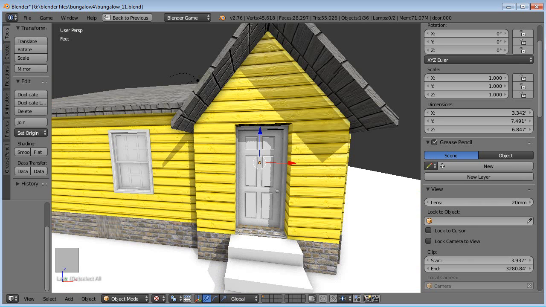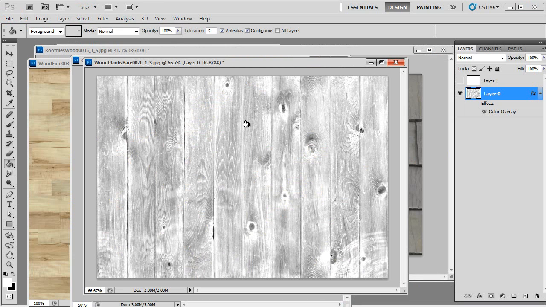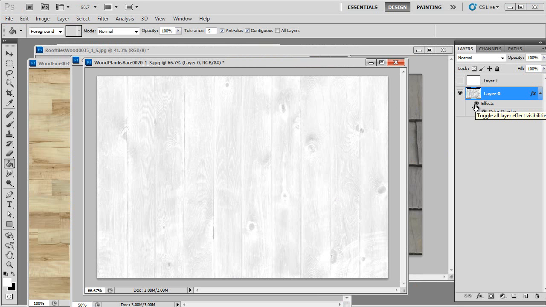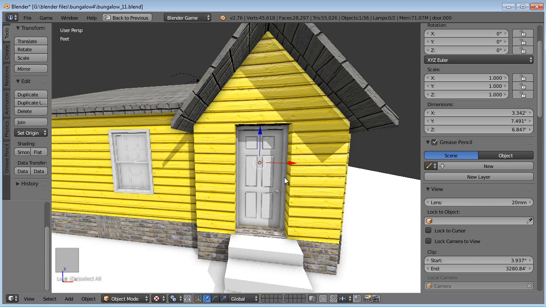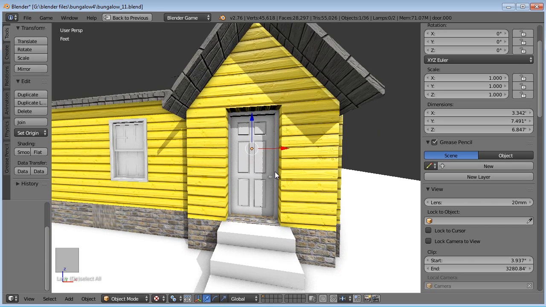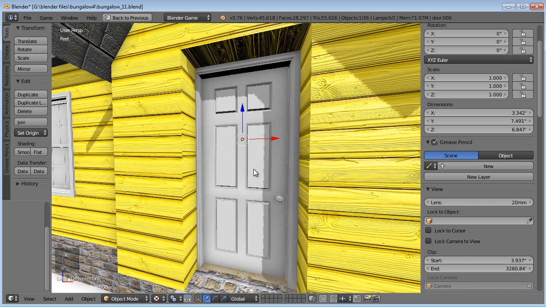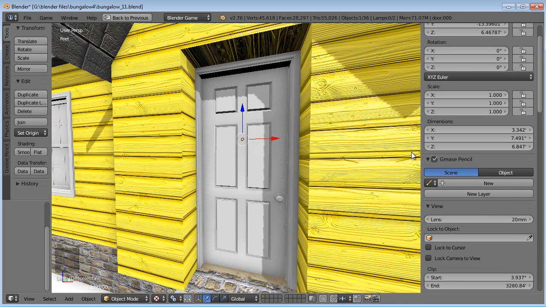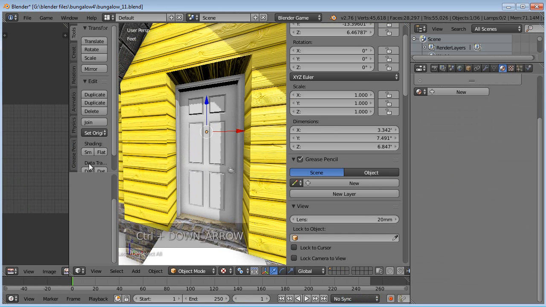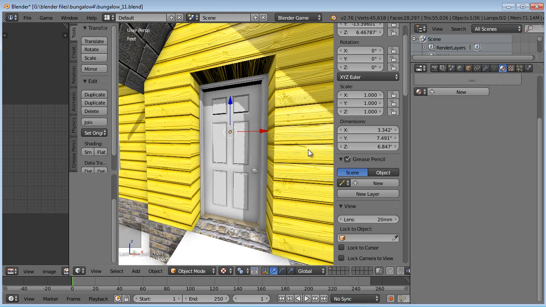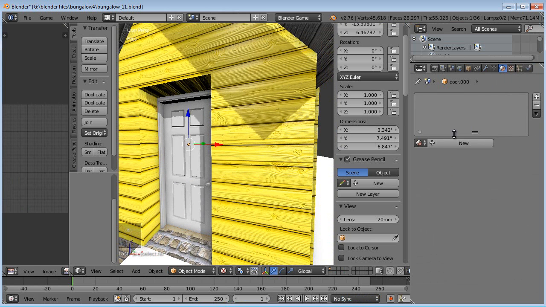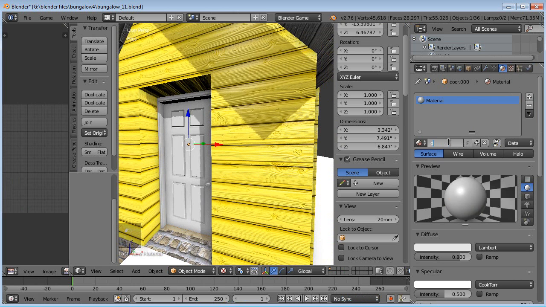Hopefully, you know what? Back to Photoshop. Trying to think here. I guess we can still use that. I was wanting more of a solid color for the doors. But this should be fine. Let's Control down so we can see what we're doing here a little better. Okay, so go to new material. We'll call this one door